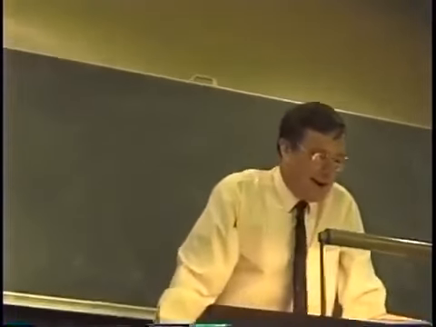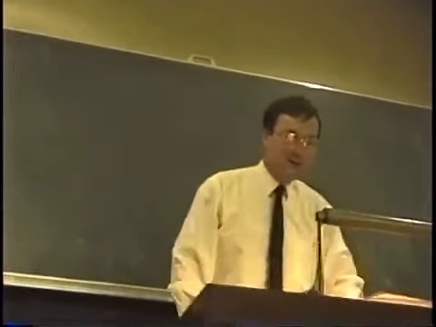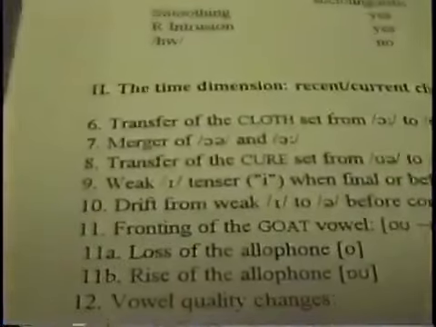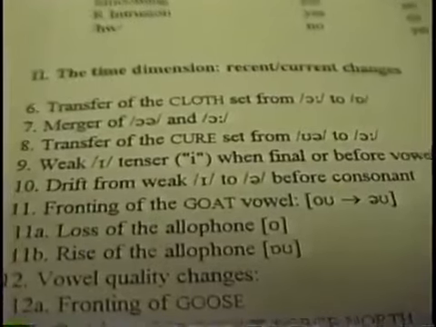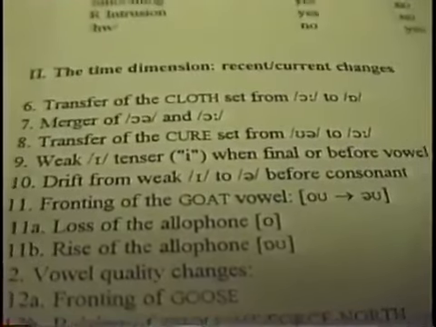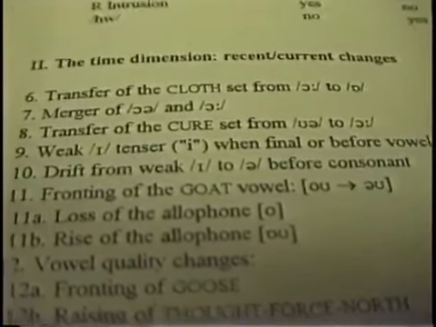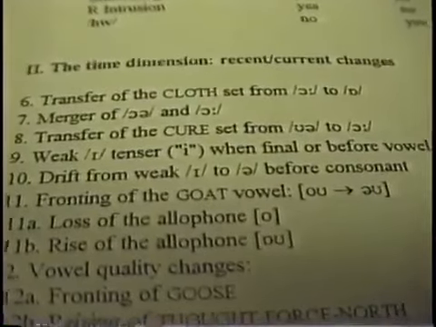All right. Along with the loss of one allophone, 11b, there's the rise of another one. This is the O used before dark L. So rather than soul, you'll hear people saying soul. Rather than a whole roll, you get a whole roll. I wouldn't have included this in received pronunciation were it not for the